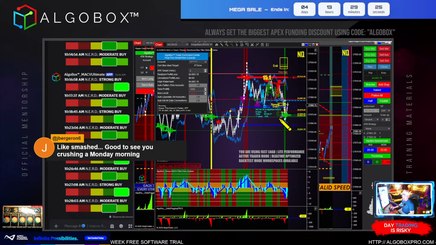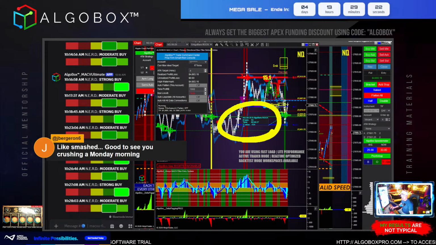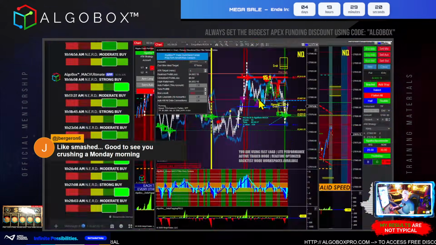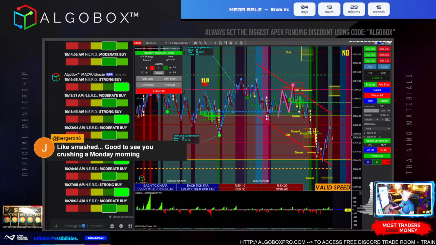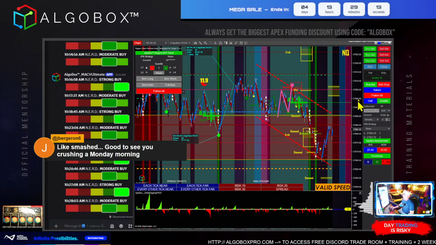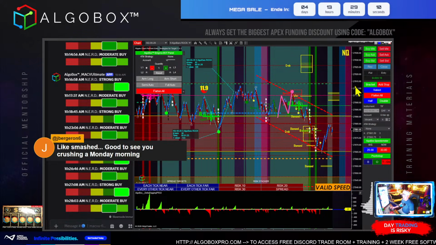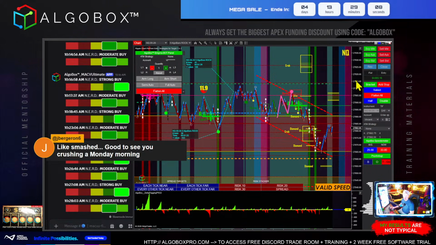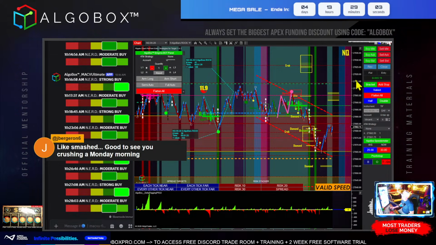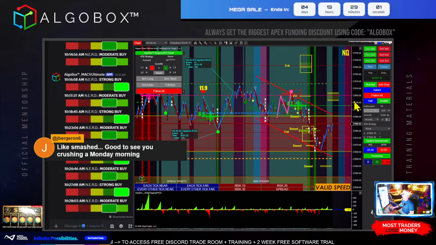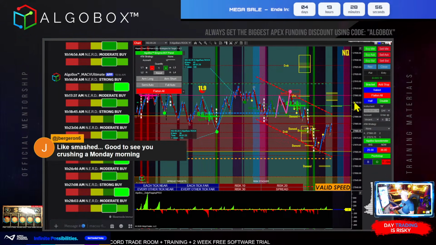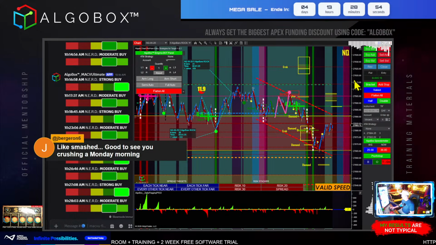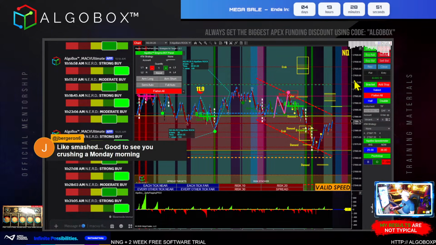That 15.1 gives you a nice, juicy 151 tick drop, which is what I was trying to get in the game on, and it did eventually let me participate a little bit. Not as much as I wanted to, but we'll walk away with about a 5K day. Bots are still open, up about 490 bucks now. I'm going to let those run through the afternoon and see if they can get to their 1K or 2K targets.